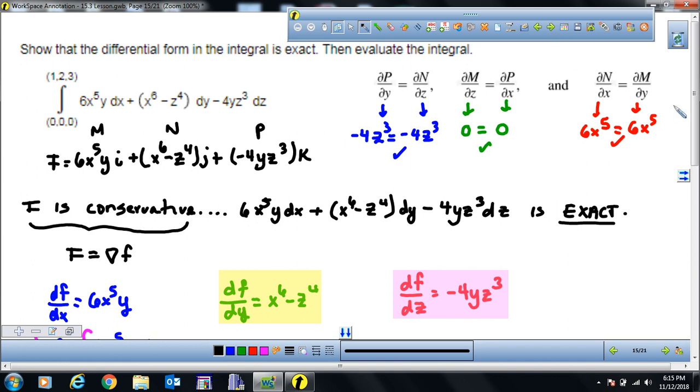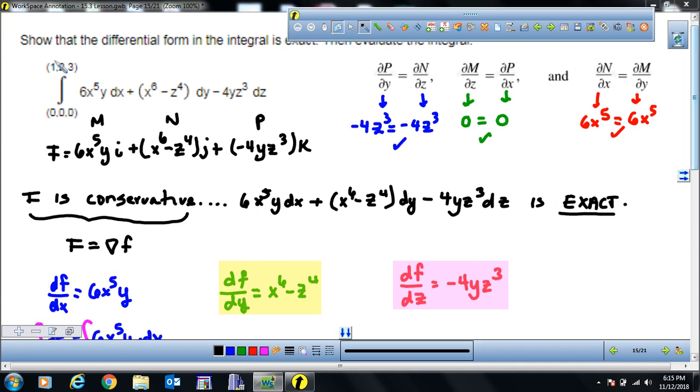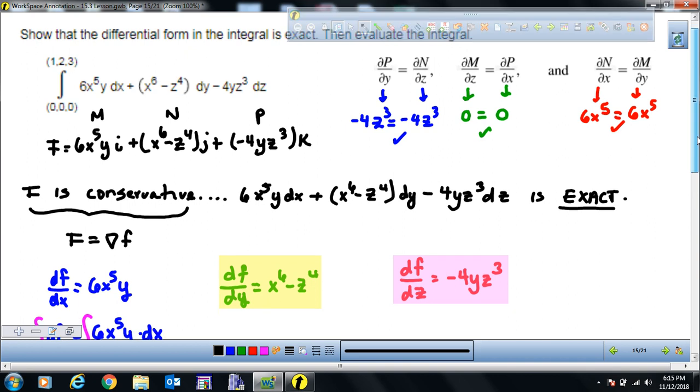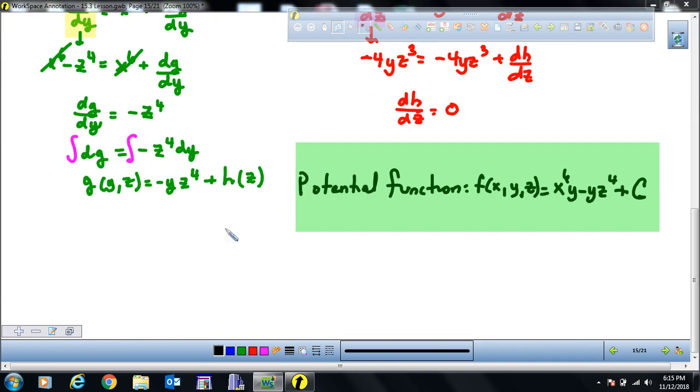Where are we? Here. You see that we're going to evaluate it at 1, 2, 3 minus, this is your f of B, this is your f of A. So we're going to evaluate it at 1, 2, 3 and then at 0, 0, 0. So then we're going to say that the integral from 0, 0, 0 to 1, 2, 3 of